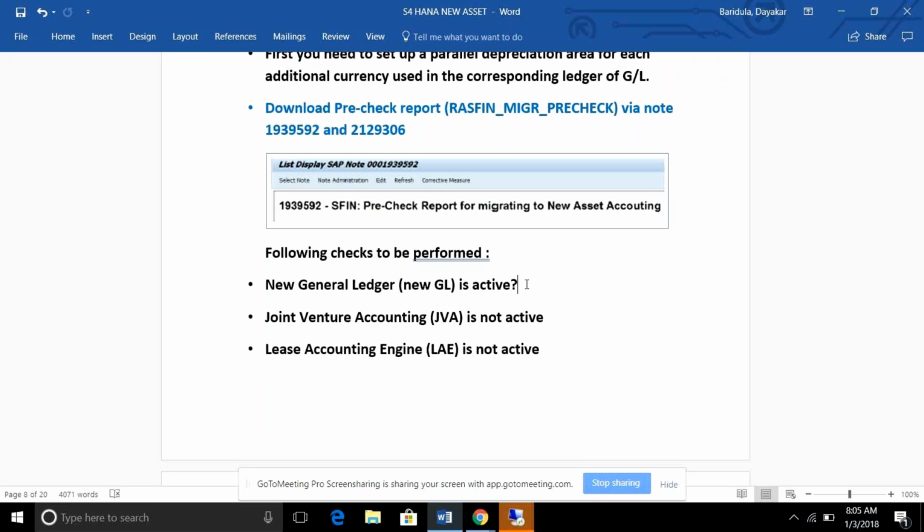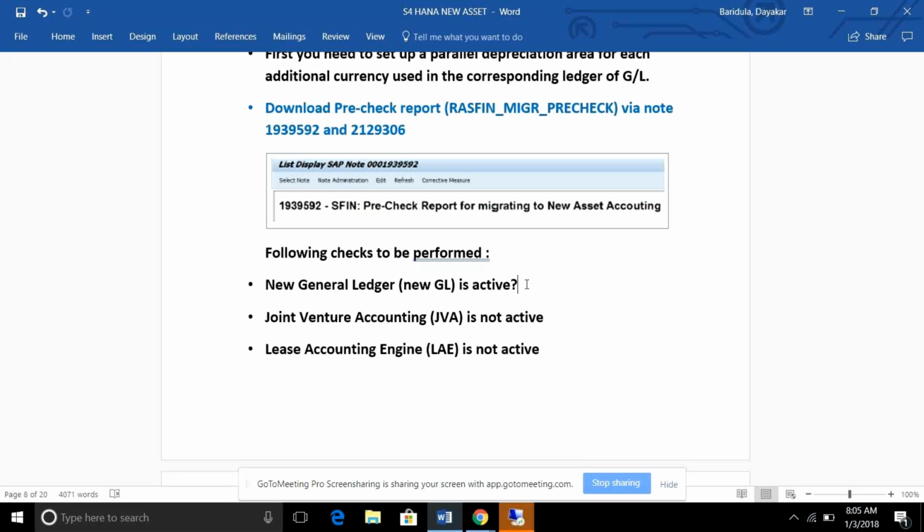So the first thing is, if somebody doesn't want anything of new GL functionalities, they're on classic, they are happy with that. They don't want any kind of fancy features like document splitting and all, but they want to go for S/4HANA. For them, the first option is the technical migration they need to do for all the adjustments which happen in the backend.